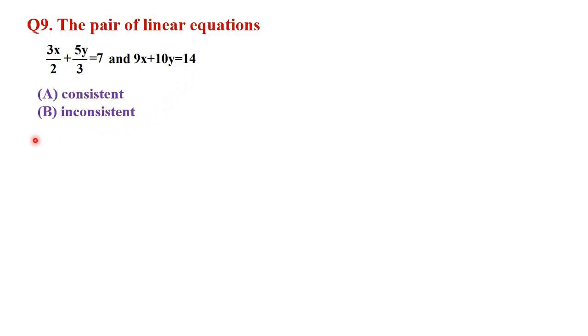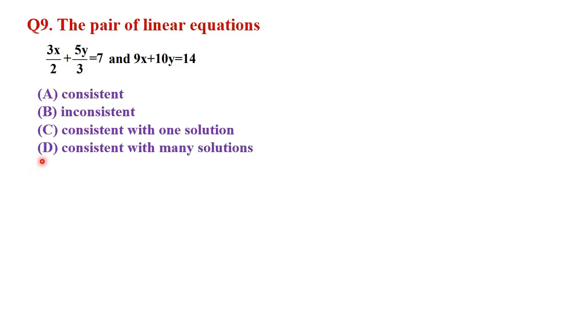Question number 9. The pair of linear equations 3x by 2 plus 5y by 3 is equal to 7 and 9x plus 10y is equal to 14. The options are A consistent, B inconsistent, C consistent with one solution, D consistent with many solutions. Answer. Given 3x by 2 plus 5y by 3 is equal to 7 and